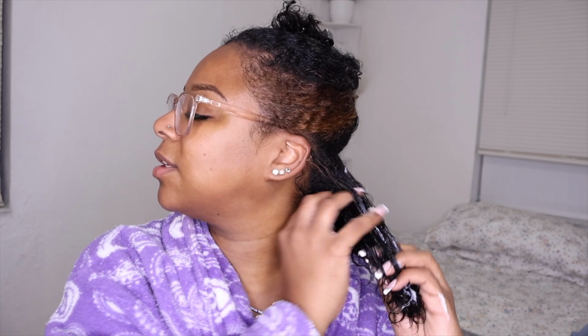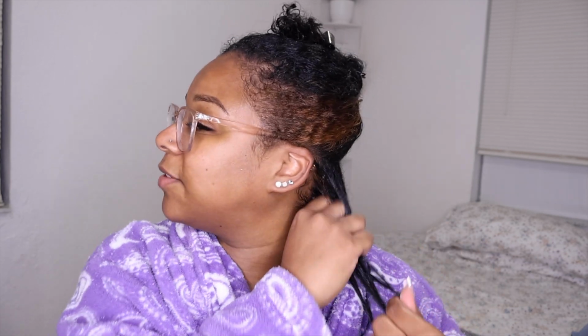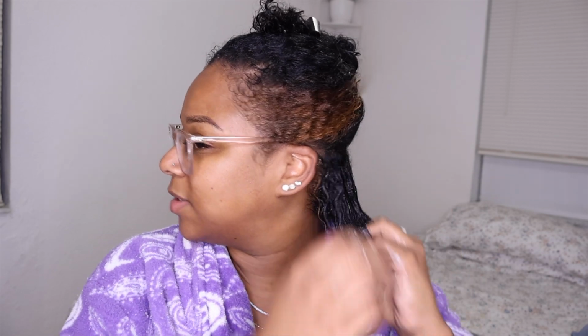So I'm actually going to be working in sections because I want you guys to see the transformation in my hair. Starting with the back, which is probably the healthiest part of my hair. I'm just gonna do the most today. You know what I mean? I'm just gonna do the most. We're gonna rub it in here in small sections. I really want my hair to feel every part of this bond strength and really just sit for like 30